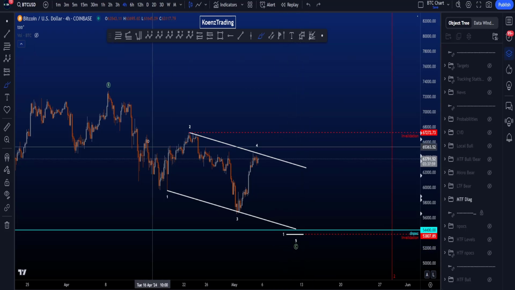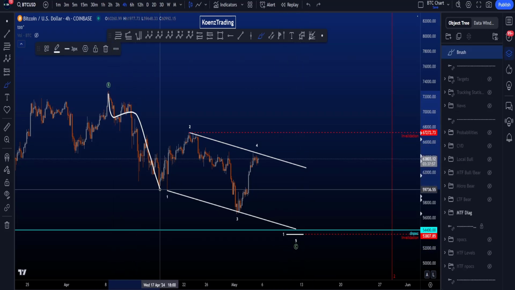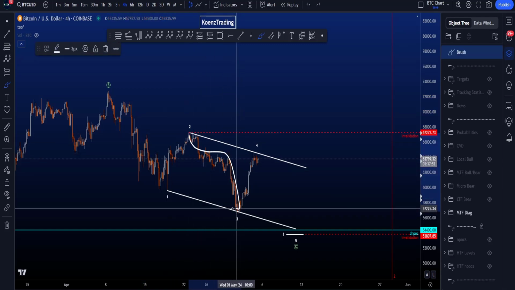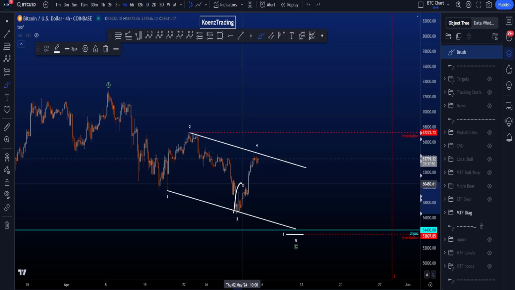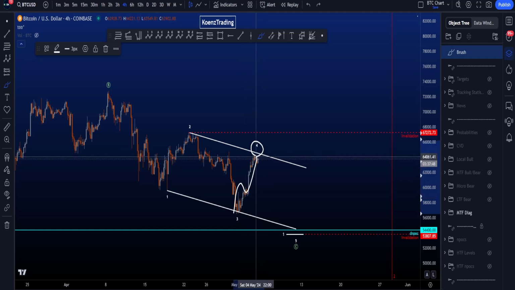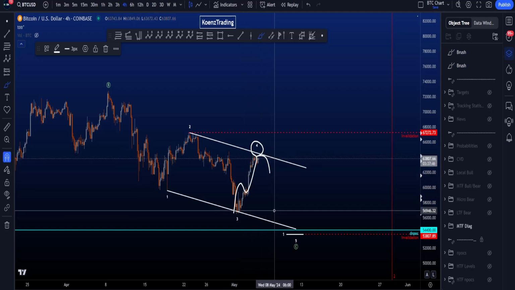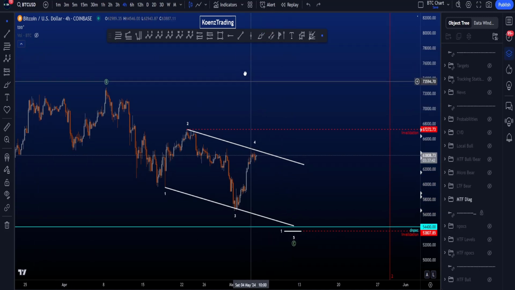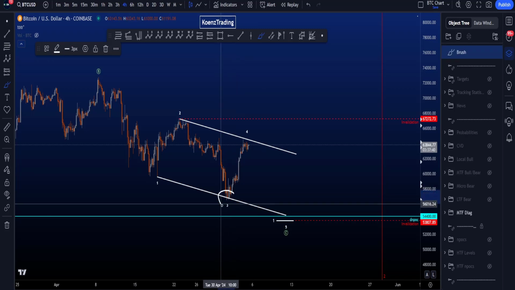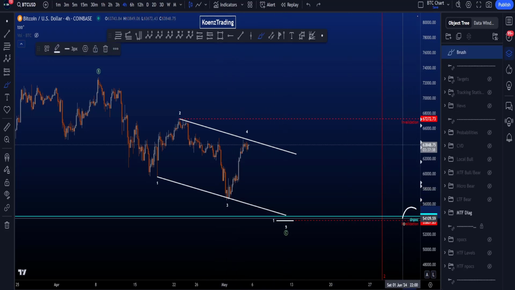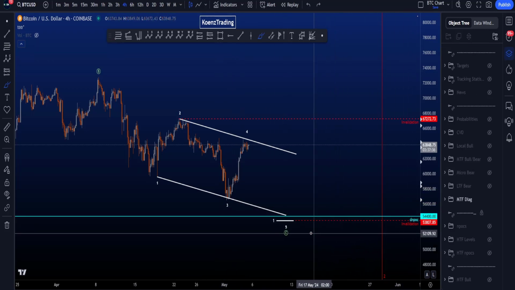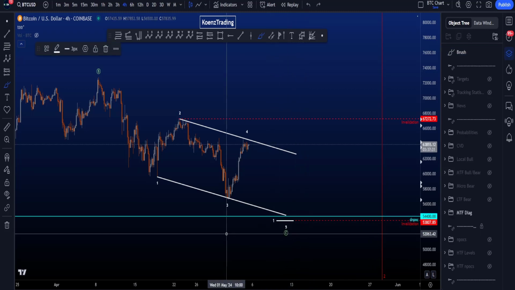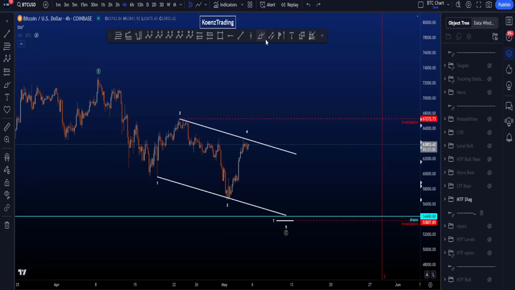diagonal wave C. In an ending diagonal, all of the waves have to be 3-wave structures, a clear 3-wave structure to the downside here in a wave 3. We then want to finish an ABC to the upside in a wave 4 before moving down in wave 5 in another 3-wave structure. The main area of support below the low over here at wave 3 is the daily naked point of control at 54.4k, and the invalidation for this scenario is price hitting this 1-to-1 at 53.8k, which